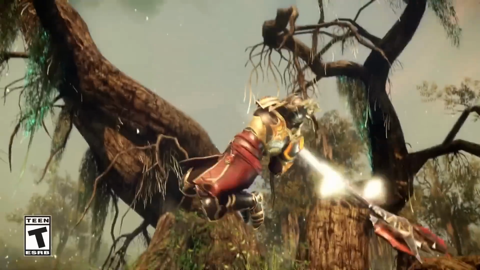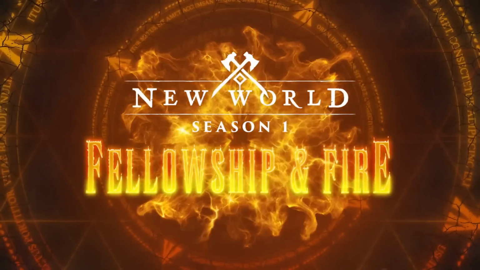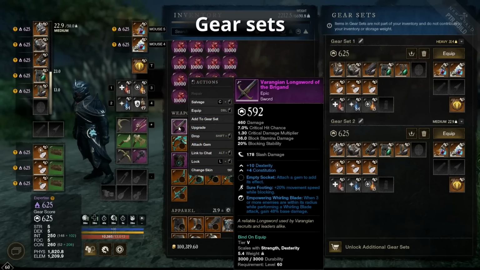Ahoy! The Fellowship and Fire patch is finally out, and I want to summarize it in a way that doesn't leave out any of the important details, so in order to keep this short and quick, let's get right into it. The first new feature are gear set storages, which allow you to quickly swap between different gear sets that